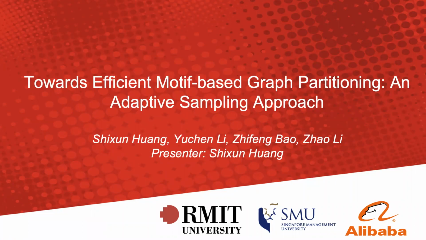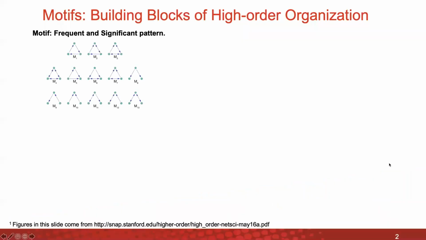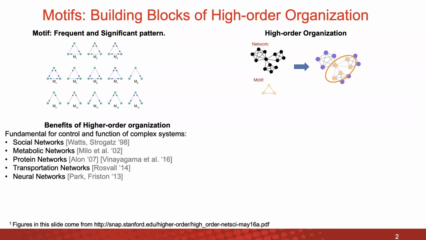I'm from MIT University. The topic of our paper is towards efficient motif-based graph partitioning and adaptive sampling approach. Motif refers to significant and frequent patterns in networks. These significant interaction patterns are essential elements and building blocks of various networks. The higher order organization formed by motif are fundamental for control and function of complex systems and provides deep insight